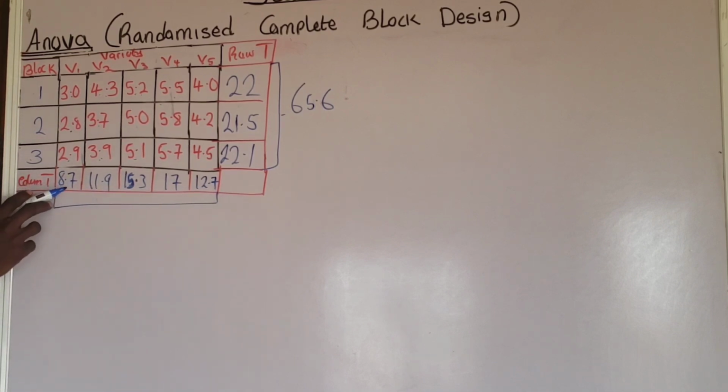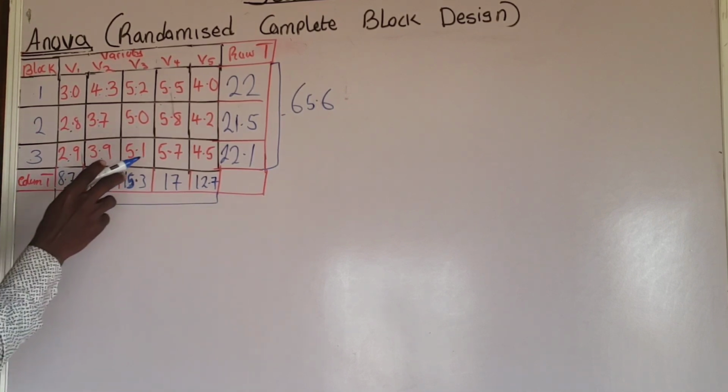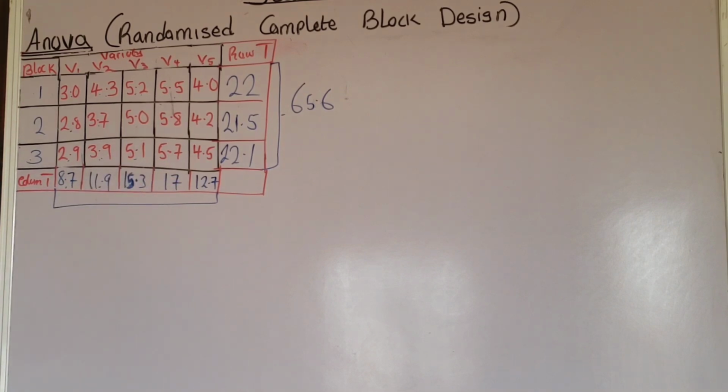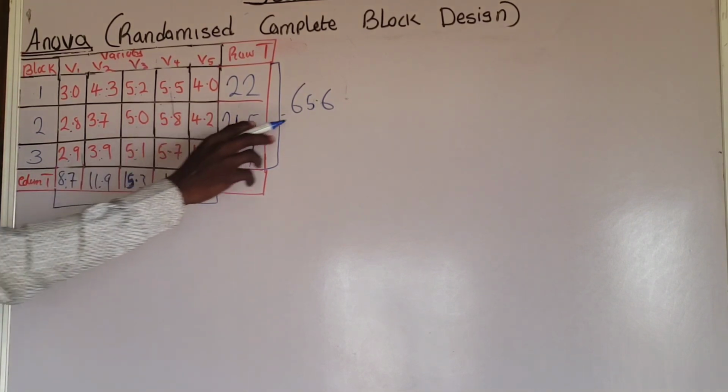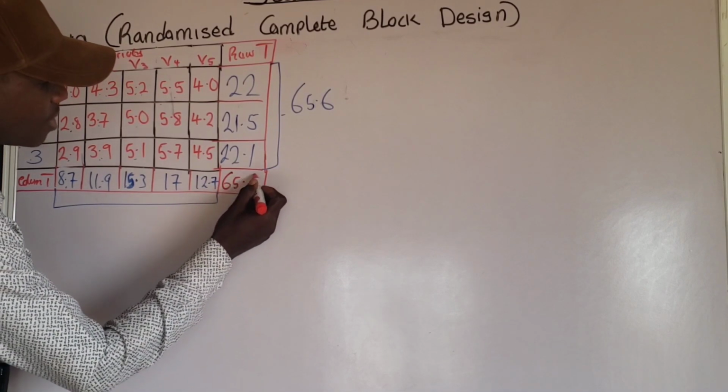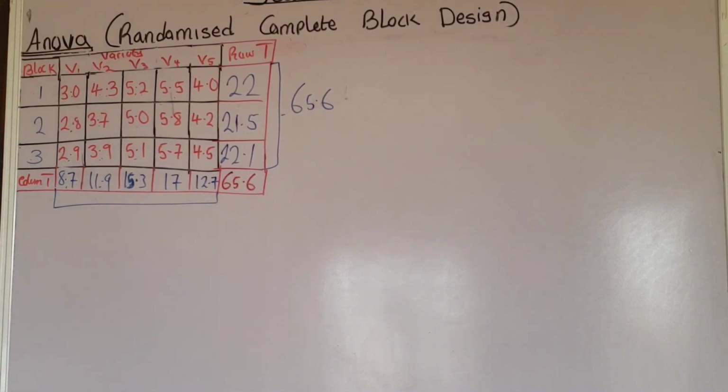Take the sum of 8.7, 11.9, 15.3, 17, and 12.7. What's the answer? If you didn't get 65.6, that means something is wrong with your calculation. You have to check. But the sum will be 65.6 as well. So the value here will be 65.6. Now, having taken the row total and the column total, you can proceed to calculate the